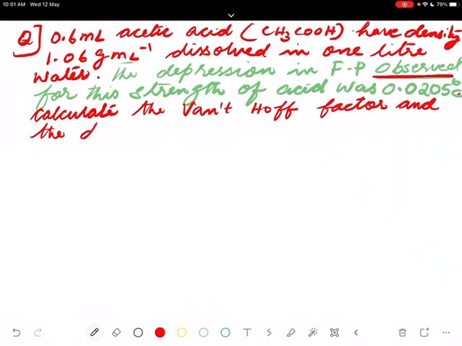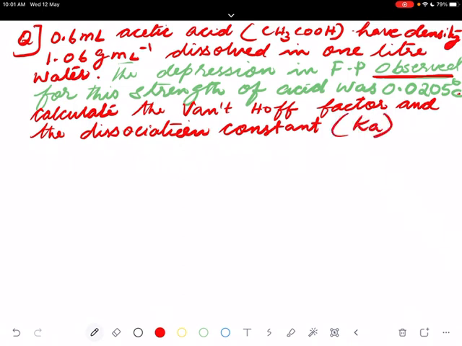And the dissociation constant. What is the dissociation constant? That is Ka, the equilibrium constant for this acid. Before going to solve this numerical, I am taking a preparative class of class 11th. Before going to this numerical, what is the dissociation constant? From last year,